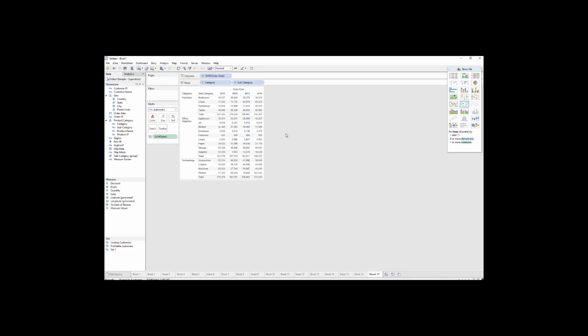So this is more in detail about totals and subtotals, and let me do some grand totals too. What this row totals to the left means is